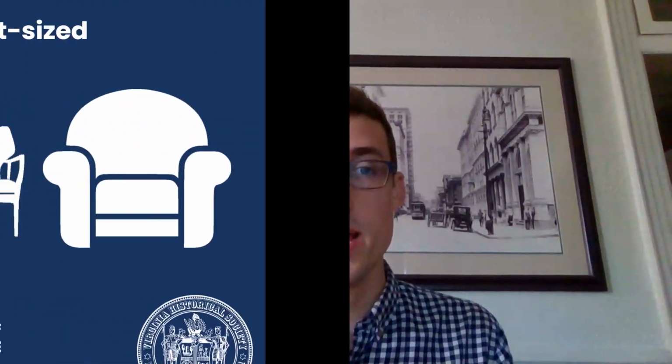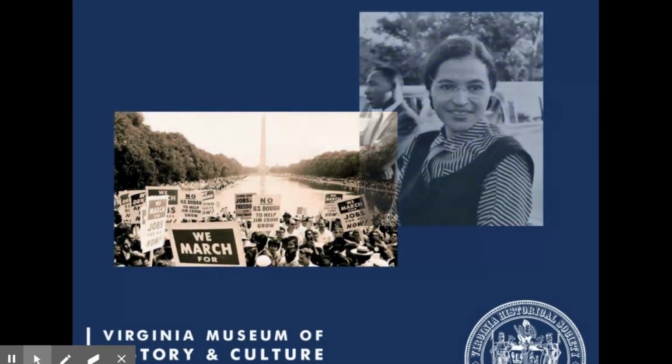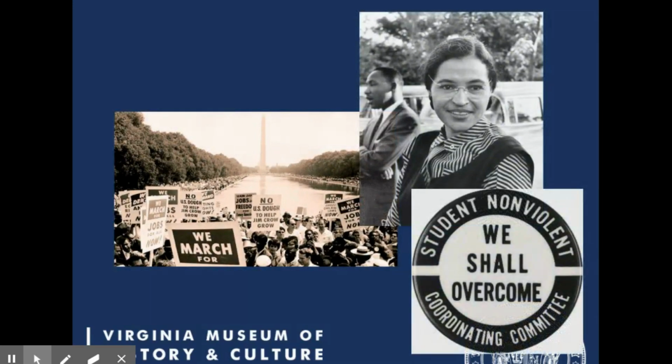Once you have set your parameters, make sure the topic your students choose will make for a compelling project. We often call this choosing a right size of a topic. The topic shouldn't be too big, where a clear thesis will be difficult to articulate, or too narrow, where the historical significance of an event will be difficult to prove. For instance, the civil rights movement is much too big of a topic. Instead, suggest your students examine a particular event, person, or organization that made an impact on the movement and connects